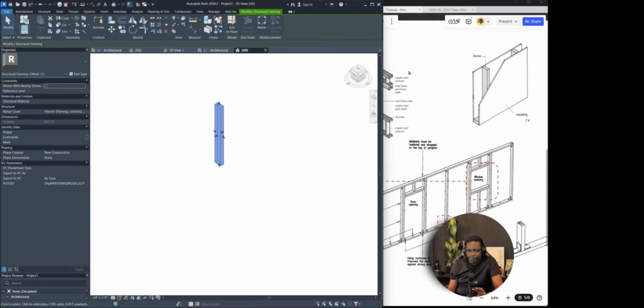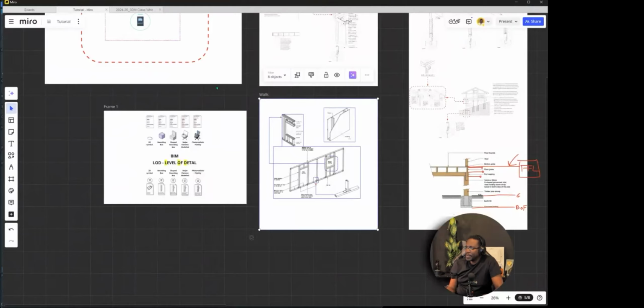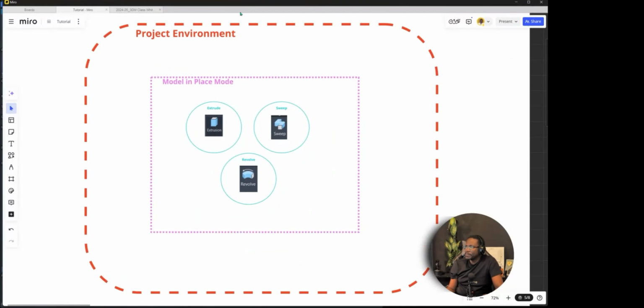Before we continue, I just want us to understand what is happening here, because this can be a little confusing. We have the project environment, and this is the environment that we use Revit in. This is where we create things like levels and objects. In this case, we want to create a piece of lumber, so in order to create it, we have to enter what is called model in place